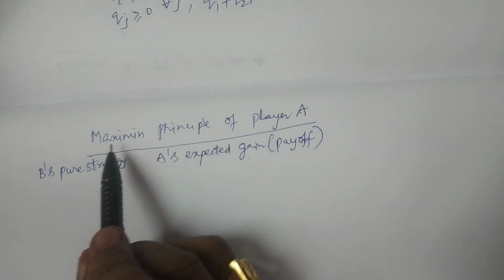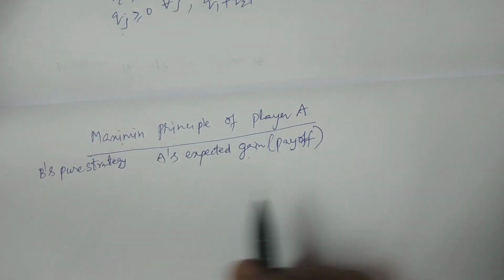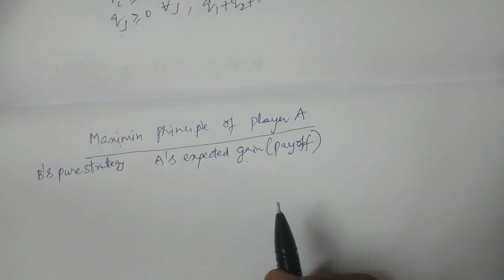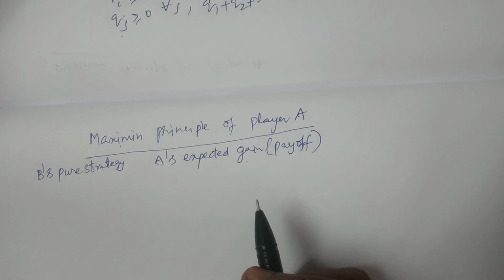Usually for the maximin principle, it is required to calculate the maximum among the minimum gains, that is for player A. If the game has a saddle point, fine. If a saddle point does not exist, then we have to consider mixed strategies. Clear? If a particular game does not have a saddle point, then in such a case you have to consider the mixed strategies, that is, probabilities. In such a case,